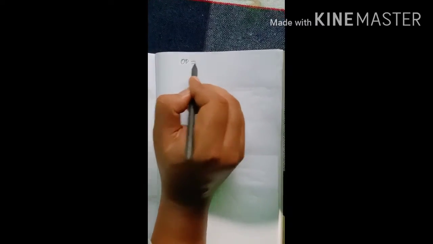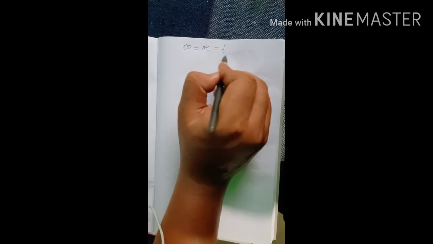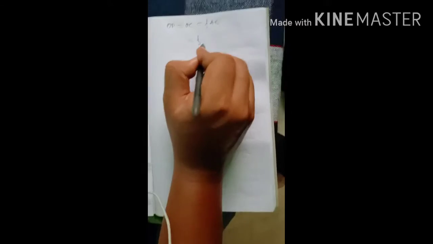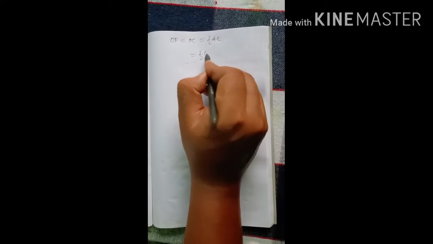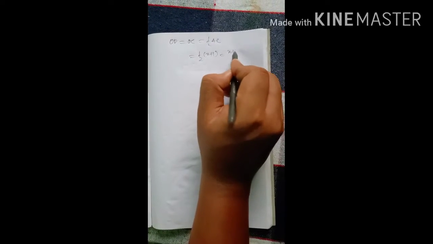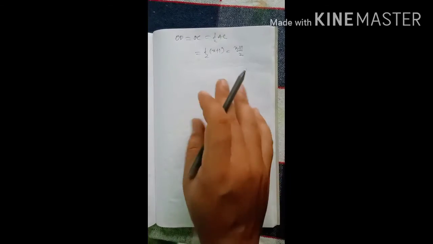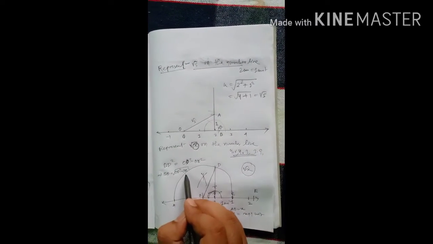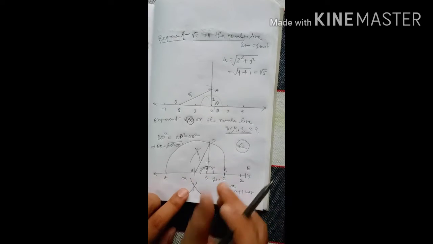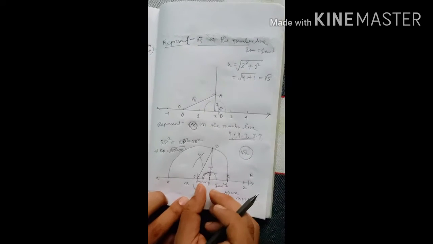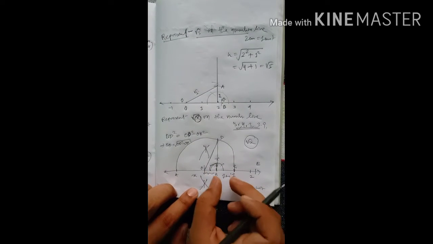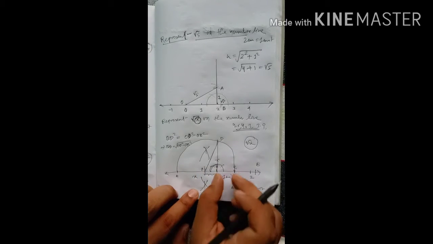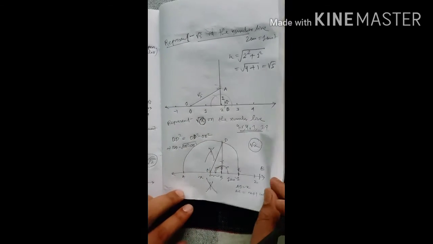OD is equal to OC, which is equal to half of AC. Again we can write half of the value of AC, that is x plus 1 unit. So we can write here x plus 1 by 2. Next we have to find OB. For OB, what will you do? Just see, here it is OB. To find OB we have to subtract BC from OC. So OB is equal to